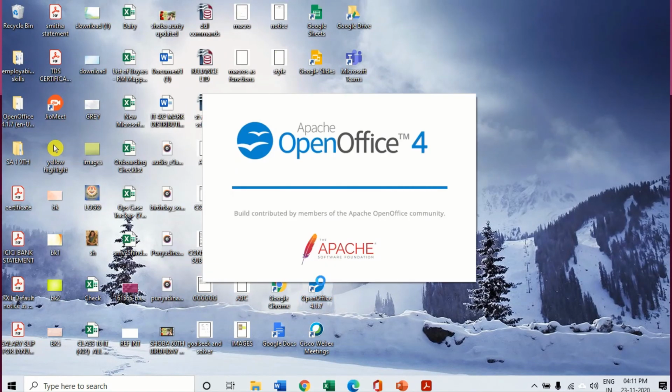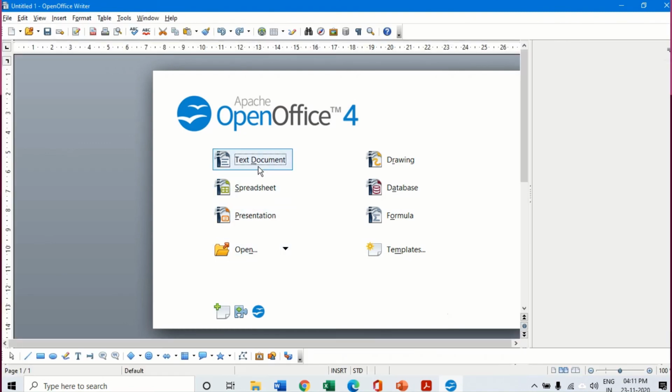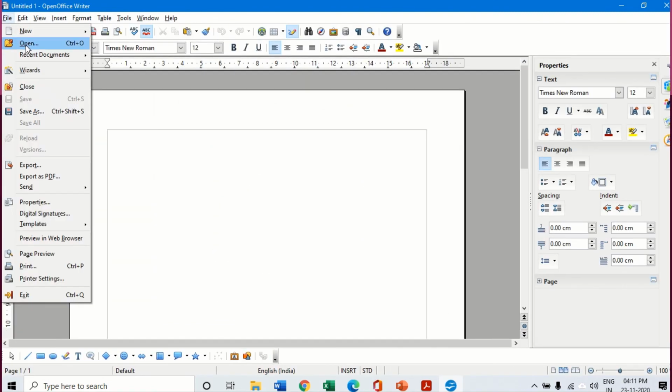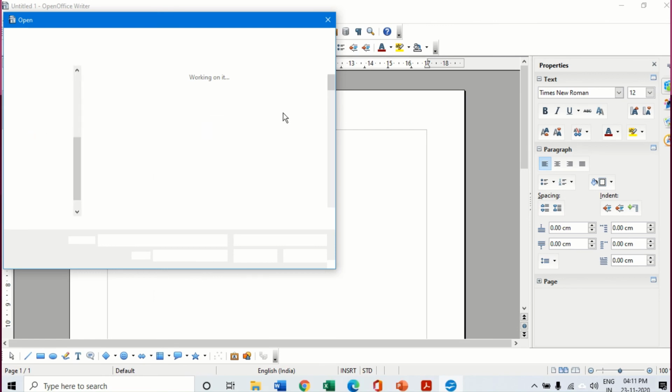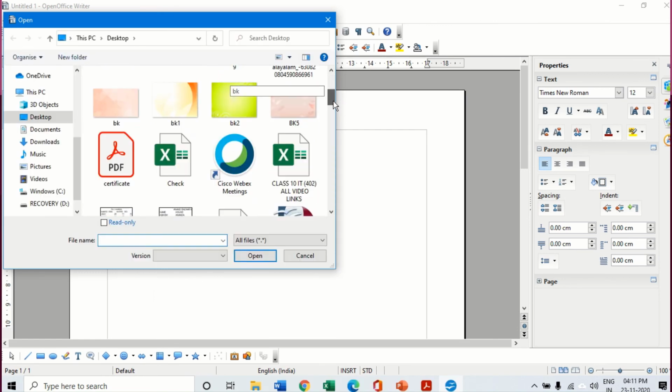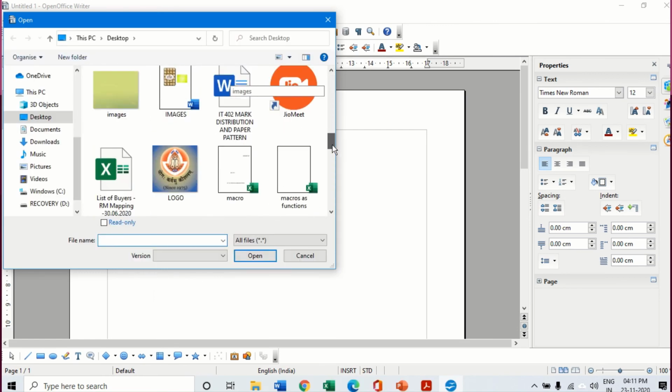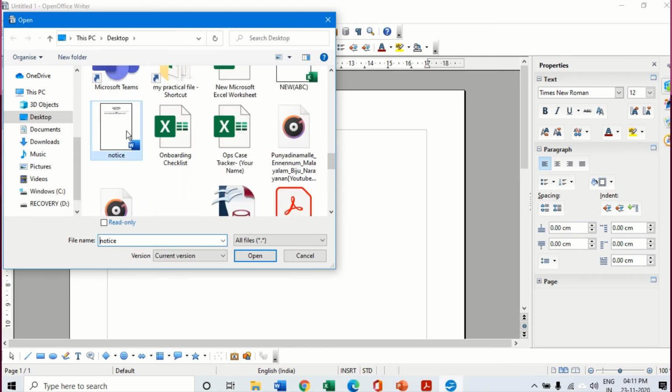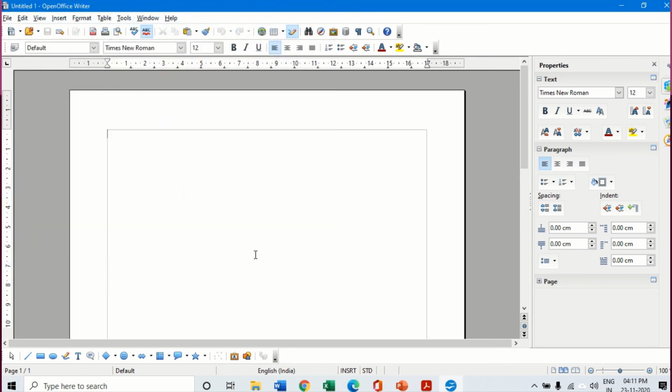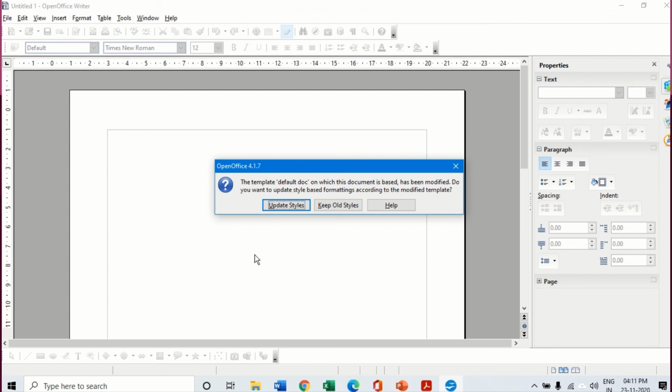Now when I try to open the document which I had recently made called notice, using the template called default doc, I'm just going to try and open that document called notice. Yeah, this one. So it will ask me a question, update style. Why? Because I had made some changes to that default doc.